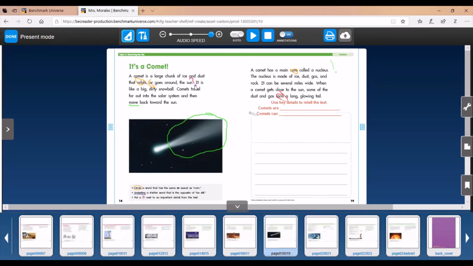So you can read the little story here, or right now I will show you what I sent your parents so that you could read it. That way you can finish writing the answer to the blue one. Comets can